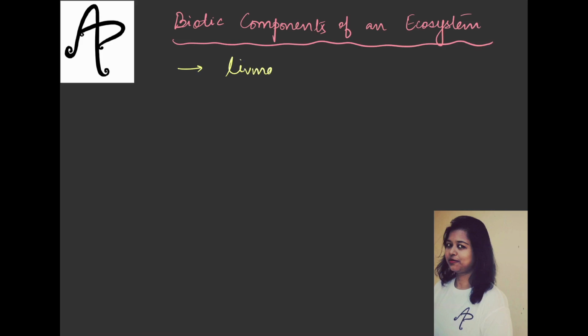Firstly, what is the meaning of the biotic components? So here we are talking about the living organisms. The non-living organisms included your abiotic components. So living organisms, like you will have, let's say, plants, you will have animals, you will have microbes, etc. So all of these things will be included in the biotic component.